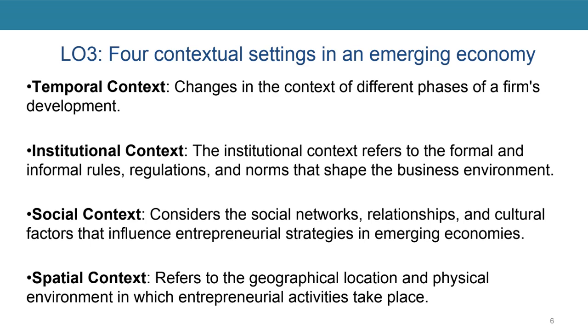Obviously, if the economy is going to emerge, there's a social context that changes. People move from the rural areas into the cities. That in itself creates a new social context. It's also how your networks change, who you connect with, how you connect with people, how you connect with other economies for that matter. And then the spatial change, how the geography of the place where you're working changes. How easy is it now to move from place A to place B? How easy is it to communicate with people? So those are the 4 contextual changes